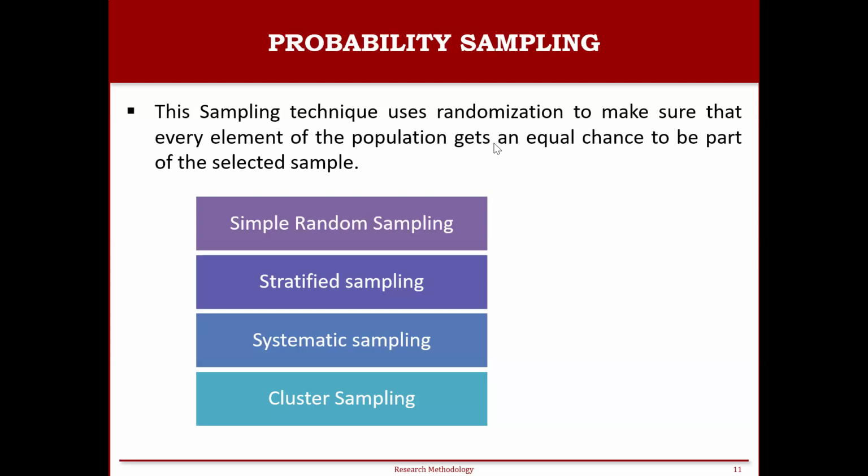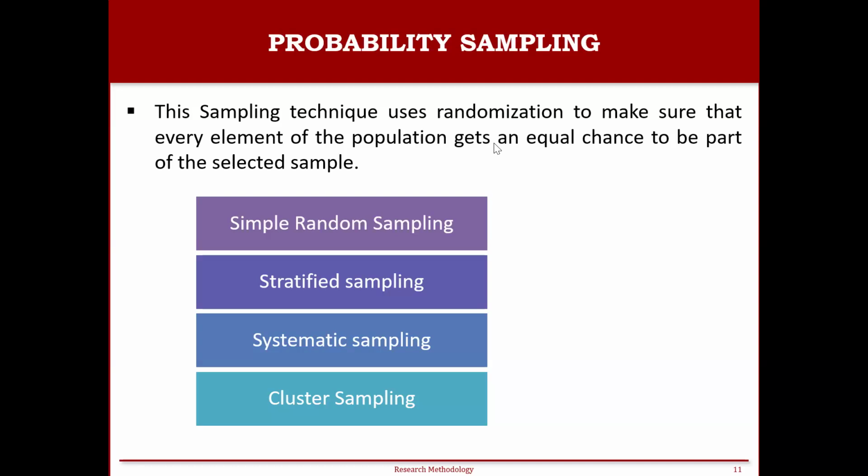So that method can be applied when you have a very complete list of the population, and if you need a simple and very efficient way to select a sample, and if you need to have proper documentation as well, you can use systematic sampling. And then we have cluster sampling, which also comes under probability sampling.